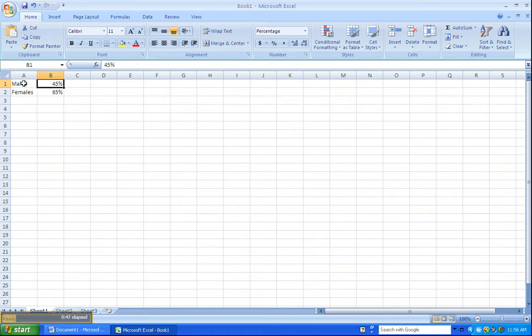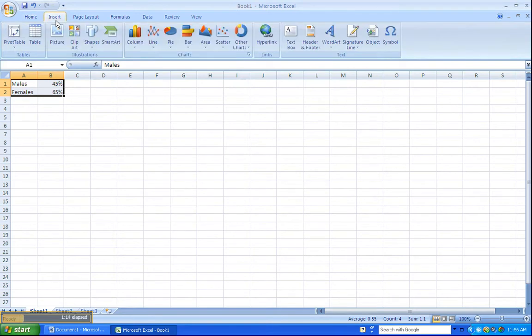Once we have all that information there, we need to select the cells we want to include in the creation of the chart. We hold the cursor of the mouse over one of the cells we'd like to include. I usually say the one on the top left. Click on it, hold down the mouse button, and drag the mouse over all of the cells you'd like to include in the chart. Go up here to the Microsoft Office ribbon, select Insert, and you'll see different things you